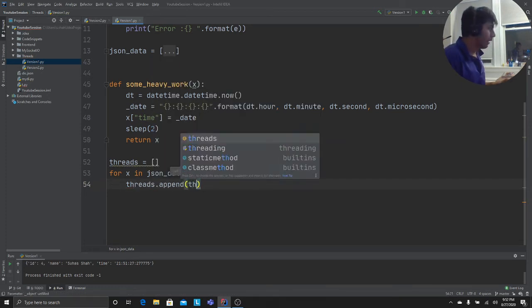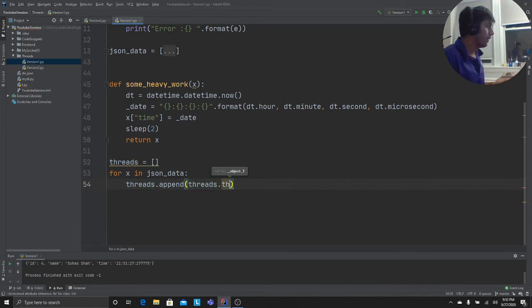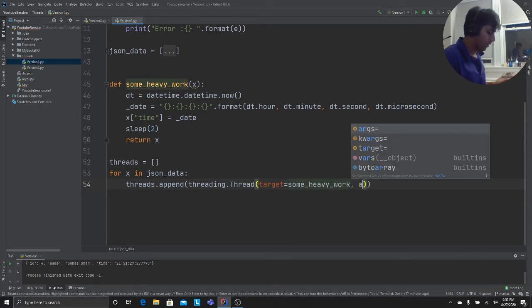So I'm gonna append a thread: threading.Thread with target equal to some_heavy_work, and we're gonna supply the args.